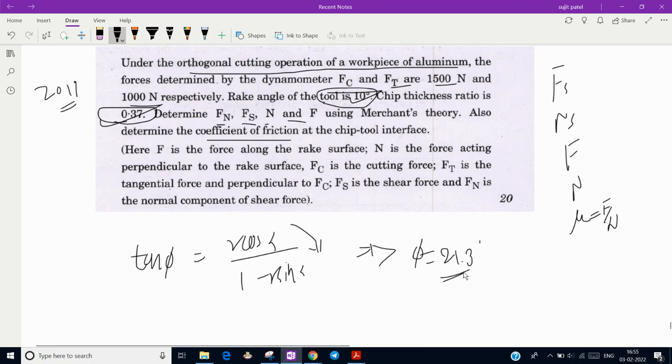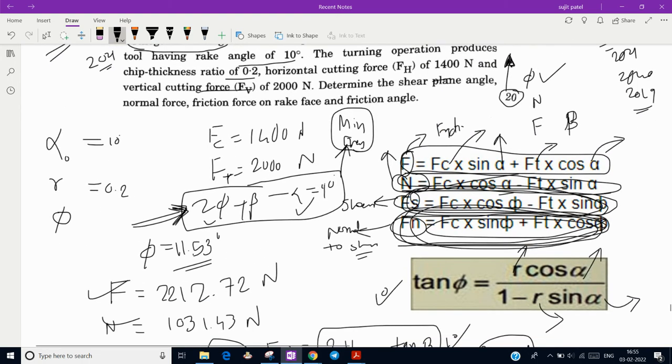Okay, now we have all these four formulas, that is Fc sin phi and Ft,